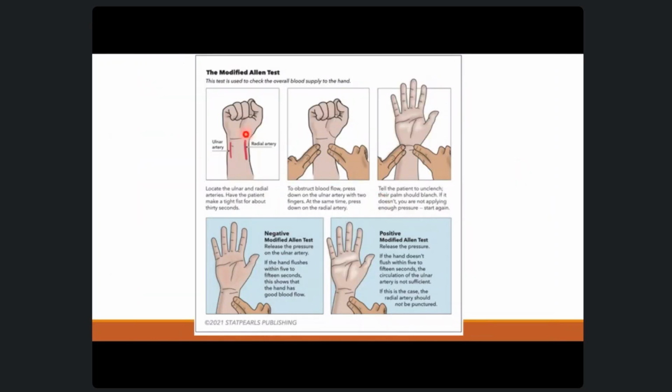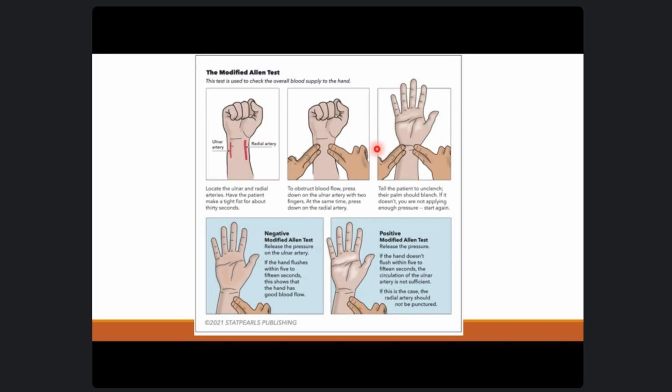Actually, I took this for the picture itself, but do not mind the label, it says modified Allen's test. But as a step-by-step process, ask the patient to position the hand on the lap with the palms up, and then ask the patient to make a tight fist, with one hand. Then you compress now